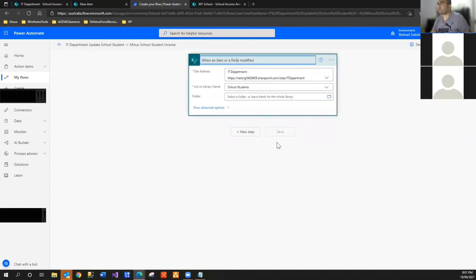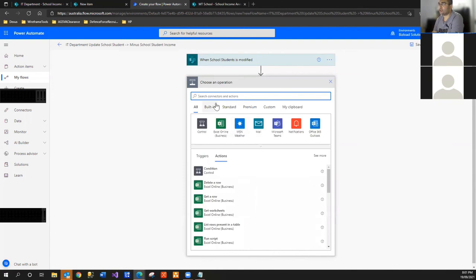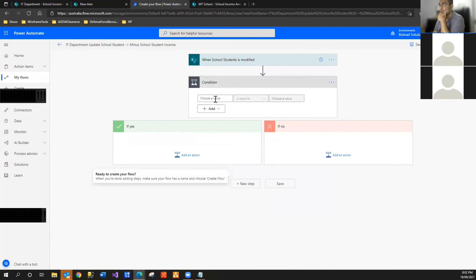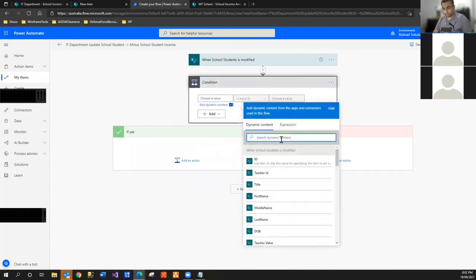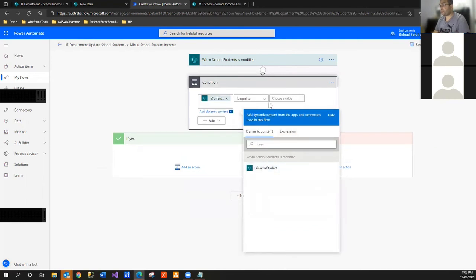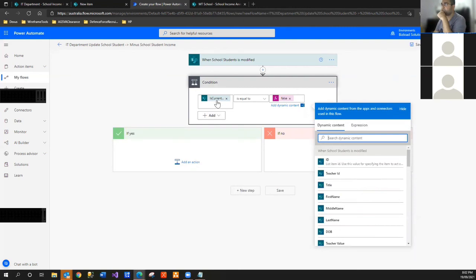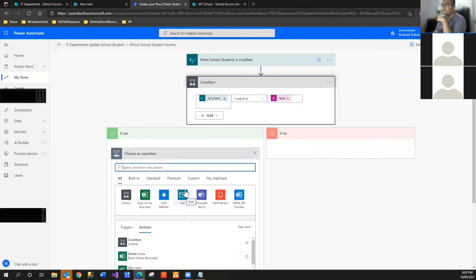When school student is modified, now what we want to do is add a condition here. Condition, right? And we're going to say here in the condition, we go here, is current student, if it's equal to false, right? That means no, right? If it's false, if this person is basically not a current student, then what we do is